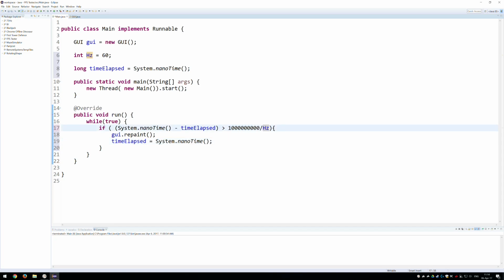Why did we add 1 billion here? Thousand, million, billion. That's because hertz indicates how many times something happens in 1 second. Repeats per second, that's what hertz is. And each second has 1 billion nanoseconds. This is why we have to divide the 1 billion, because we're talking about nanoseconds, by hertz. We divide the nanoseconds with our hertz, and we get the statement